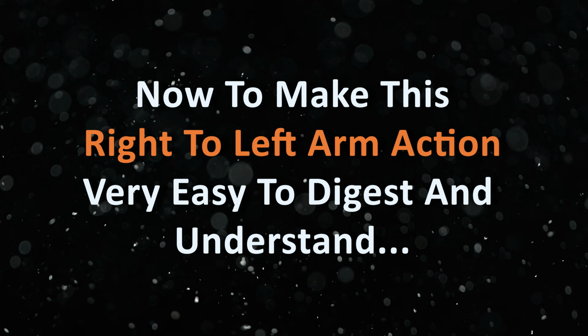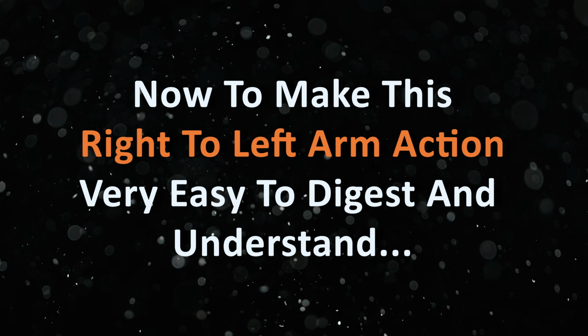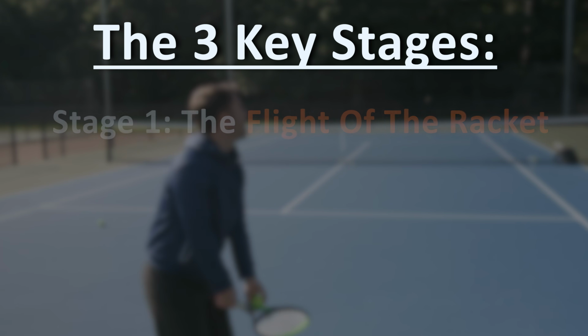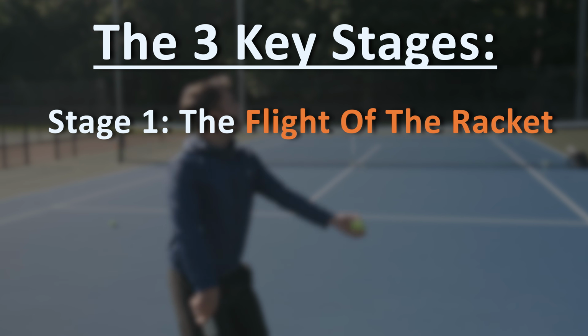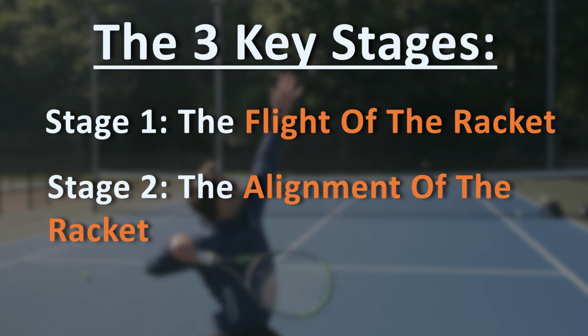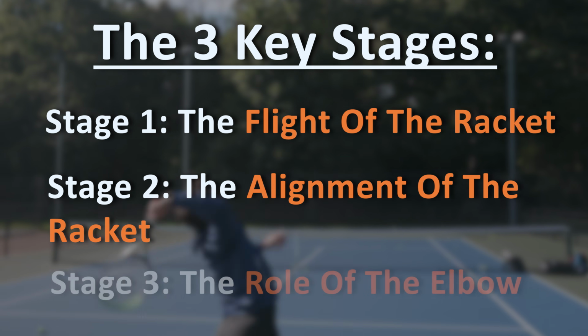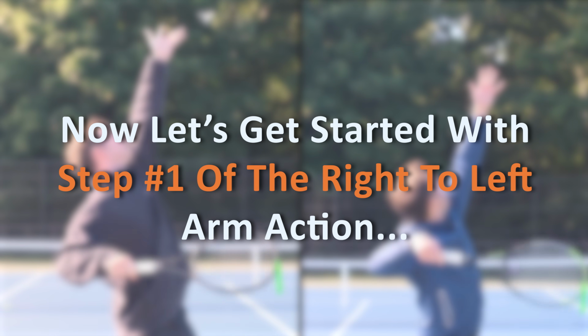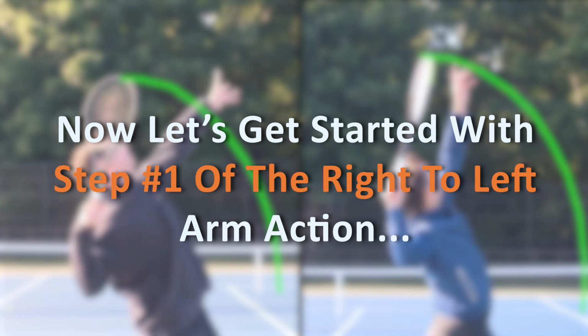Now, to make this right to left arm action very easy to digest and understand, I'm going to split it into 3 key stages. The first stage is the racket path, or the flight of the racket. The second is the racket alignment throughout the right to left, and the third is the roll of the elbow throughout this motion. Now let's get started with step 1 of the right to left action, which is the flight